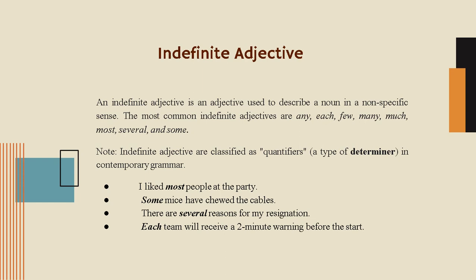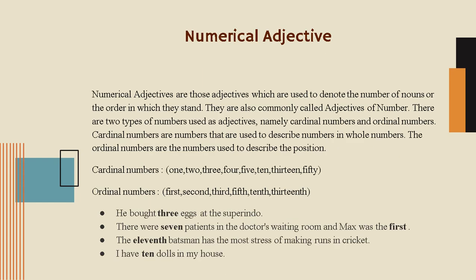The next one is numerical adjective. Numerical adjectives are those adjectives which are used to denote the number of nouns or the order in which they stand. They are also commonly called adjectives of number, and there are two types of number used as adjective, namely cardinal and ordinal numbers. Cardinal numbers are numbers used to describe quantity in whole numbers, and ordinal numbers are numbers used